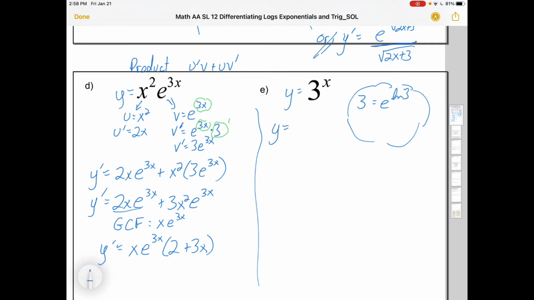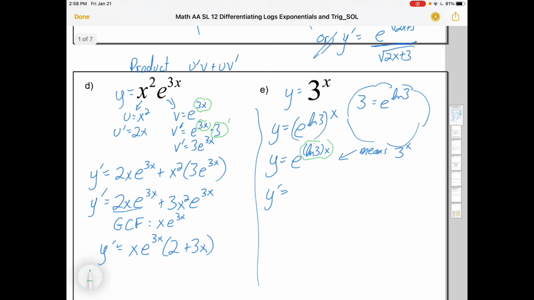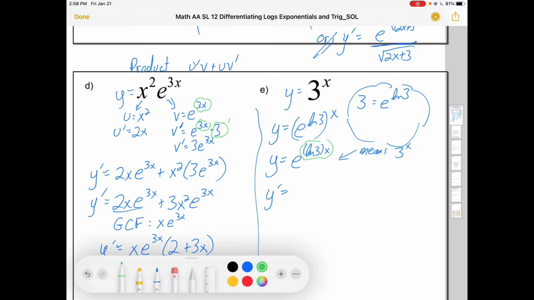So this whole thing, I'm still writing y equals, okay, because I'm not differentiating. I'm just going to write it in terms of e. So that means y is, when you have powers to powers, you multiply them. So it's ln 3 times x. Okay, that whole thing right there means 3 to the x, just written in a weird way. So now I can differentiate it. E to the glob is going to become e to the same glob,